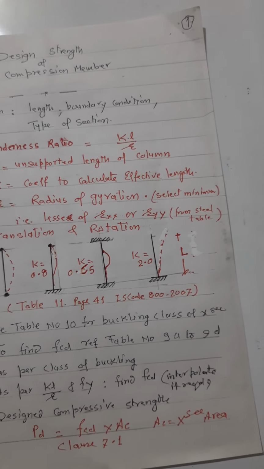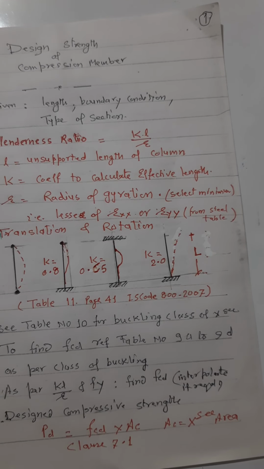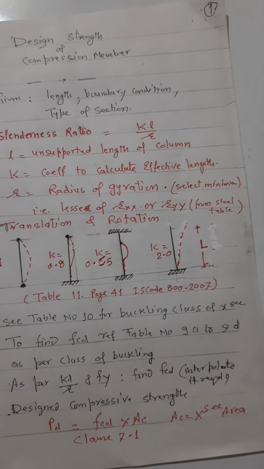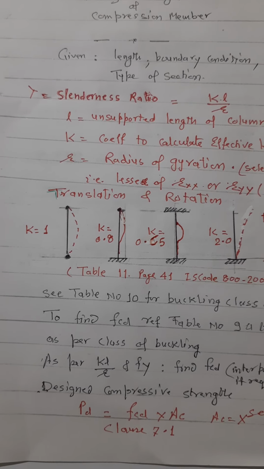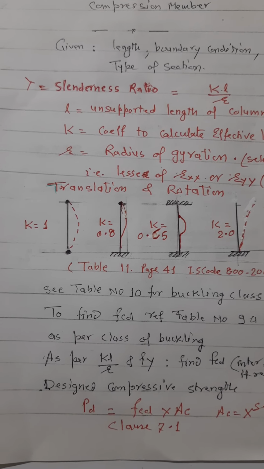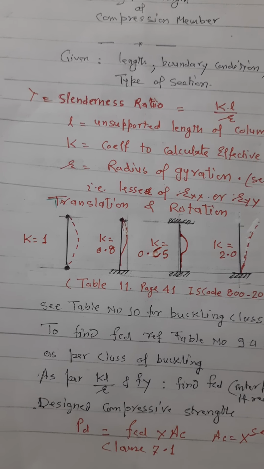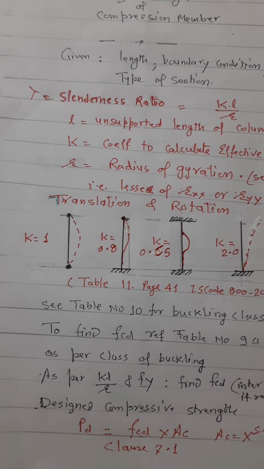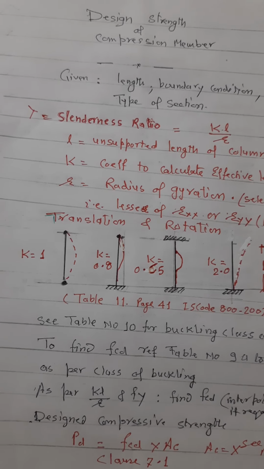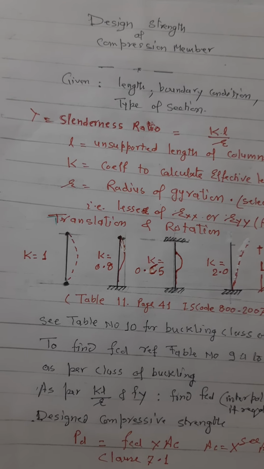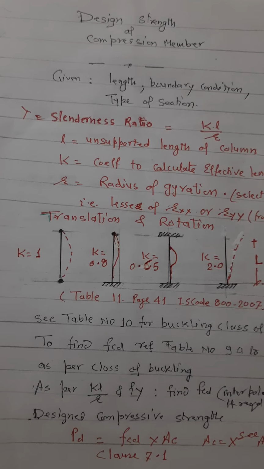The question is, which table is to be selected just to calculate the value of the stress? For that, we will have to go for the buckling class. The buckling class is to be selected. Again, while selecting the buckling class, we will have to go through another important table, that is perhaps table number 10. I just wanted to confirm, you just go through that. For buckling class, it is given as table number 10.